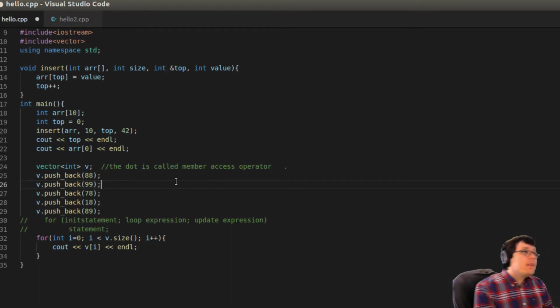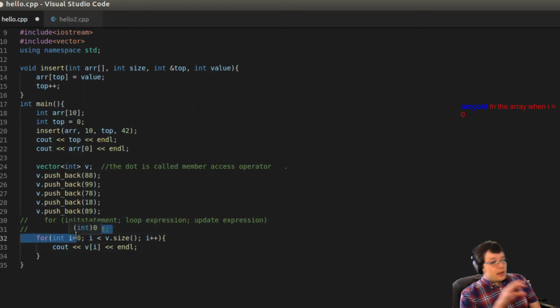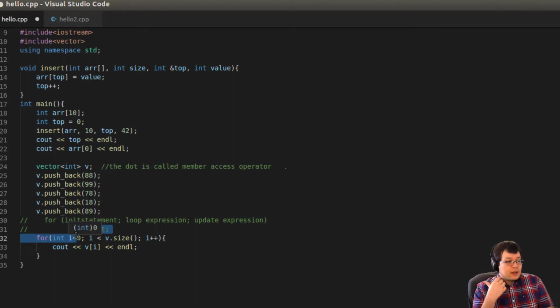When you're saying v0, that means you're accessing the first element of the vector and you're setting that value to 1. In the array, when i is equal to 0, arrays start from 0. So the first index of the array is always going to be at spot 0, which is a little bit counterintuitive to the way that we think, because we think of the first spot as a 0. The example that I give people in 135 is to think of it like the way the US or